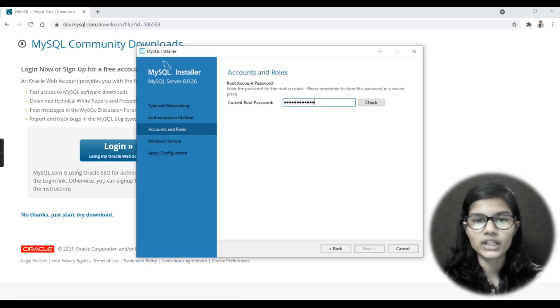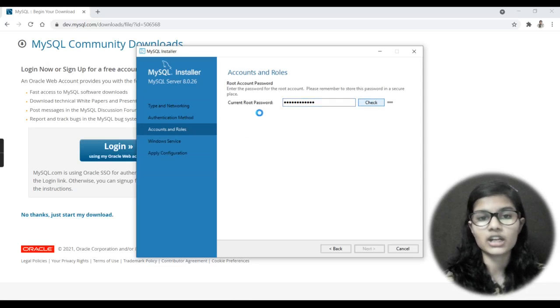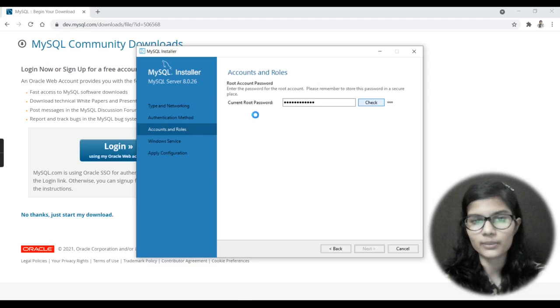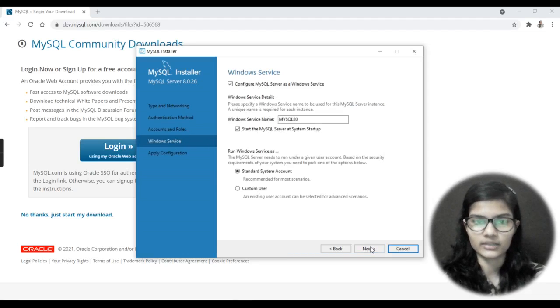Now, here what will come for you is an entering option. For me it's not coming because I had already installed this onto my device. That's why it's asking me for the previous one only. But for you, there must be an option for putting in a root password, then repeat that particular password, and below it will be asking you to add a user or something like that. You do not need to click on anything. Simply put in your password, repeat it to recheck the password, and then click on the next button.